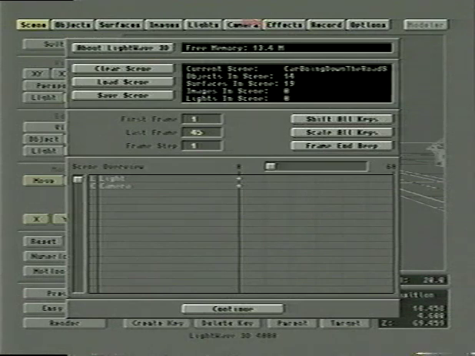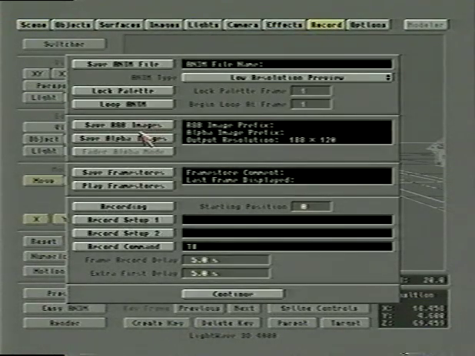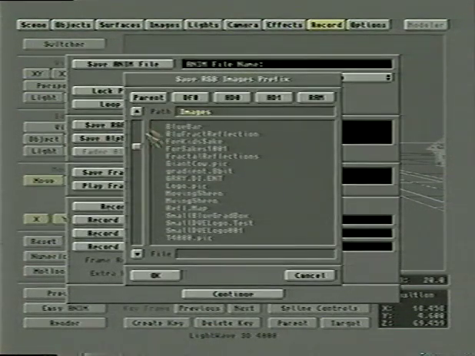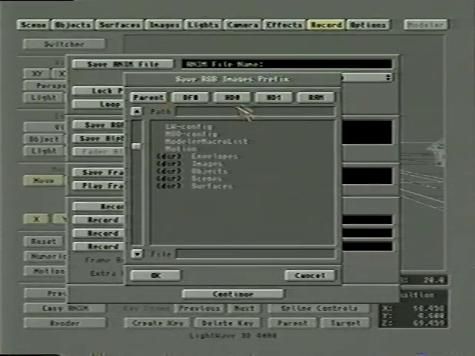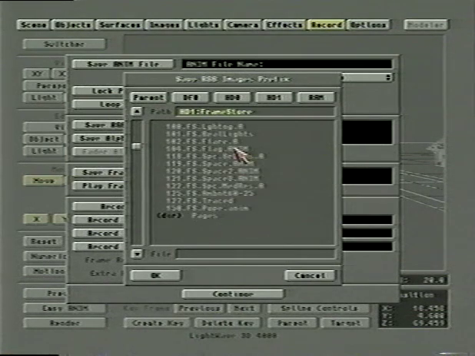Now one thing you couldn't do here is you couldn't save this as an animation. You couldn't save this using the Save Anim mode in Toaster 4000. The only way you can do this is to save the individual frames out. So we'll go to the Record menu, and we will do, since we're using the DPS Personal Animation Recorder, we'll use the Save RGB Images mode, and we'd click on Save RGB Images, and then what we'd want to do is just find an empty space to put them in, and I'm going to do it on HD1 into the frame store directory here, and we'll call this